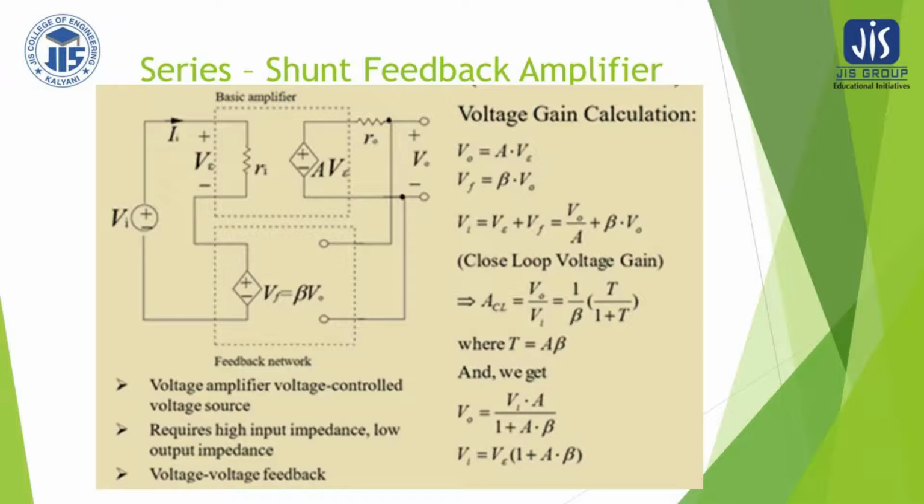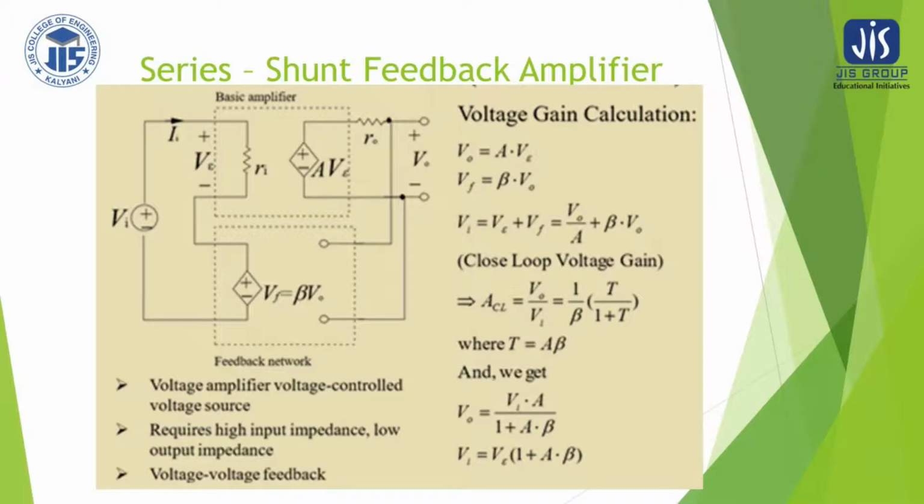So this is positive and this is negative, and do not consider any voltage drop in the source resistance, because for a feedback amplifier we already have discussed that this source resistance is a very low value. That is, for the basic amplifier the source resistance is very small, so no voltage drop we can consider across RS. So using the KVL, what we can write is minus Vs plus Vi plus Vf, because this side is positive and this side is negative. For the feedback voltage this is positive and this is negative, so therefore we can write this equation,